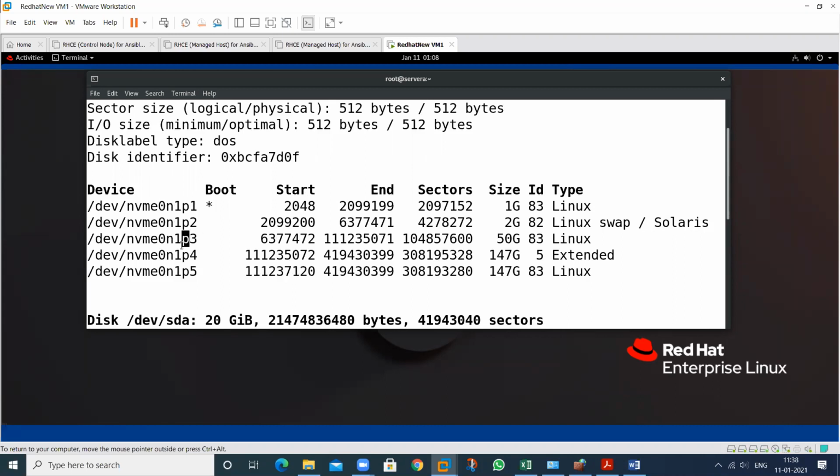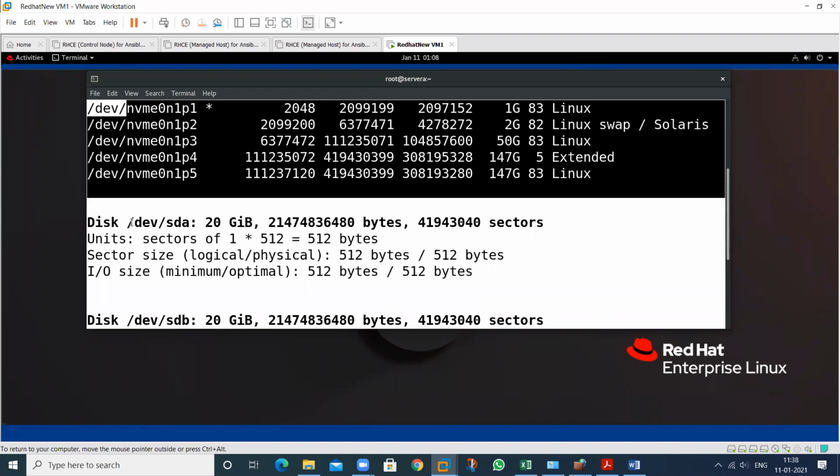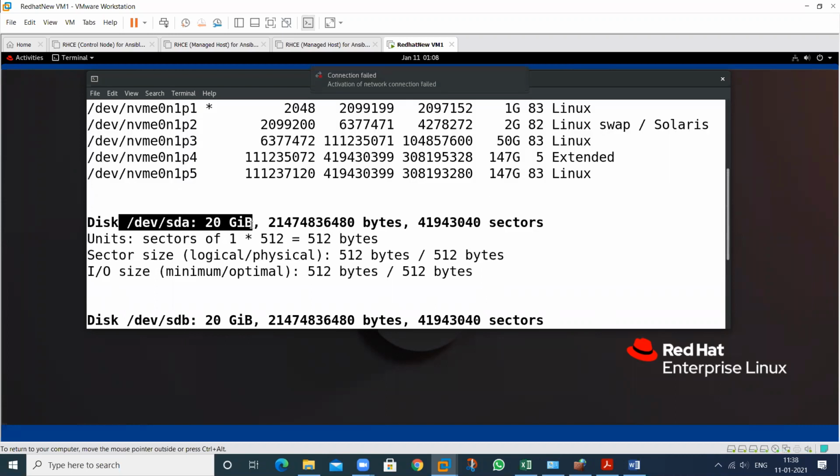And these are all other partitions contained in this particular NVMe hard disk. This is my hard disk name, non-volatile memory. This is my first hard disk, so it's called 0. This is my first partition, it's called partition 1, 2, 3, 5. See, this is my another hard disk. That is /dev/sda.